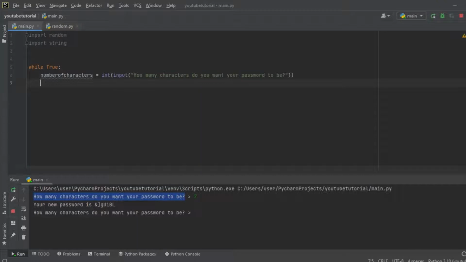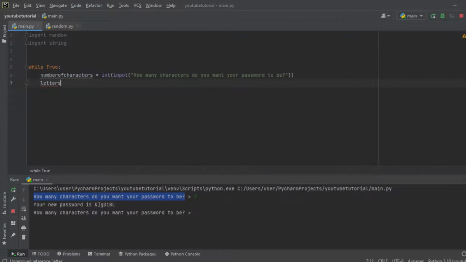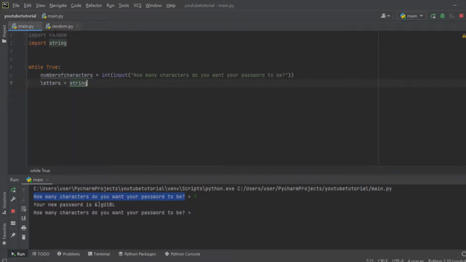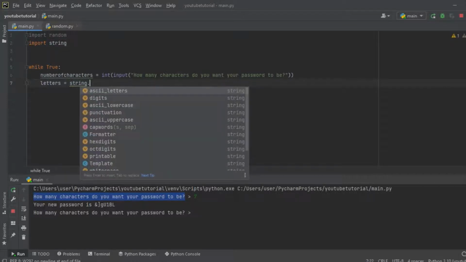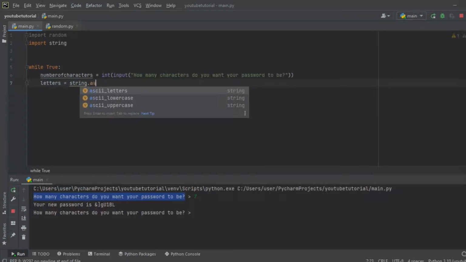We are going to create a variable called letters, equal to string. We are going to access this string module. Then we are going to write ascii lowercase. We are calling the lowercase method from this string module,